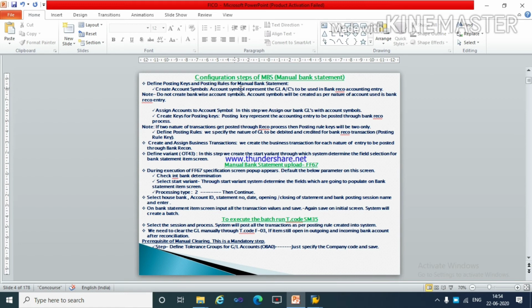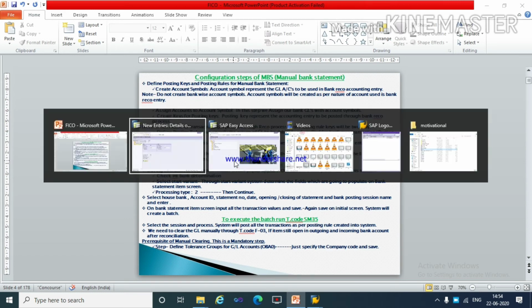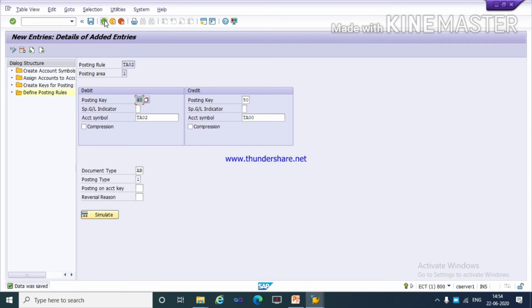Define posting keys and posting rules. All these steps you have completed. Now the next step is define variant, which is the T code OT43. Go back.